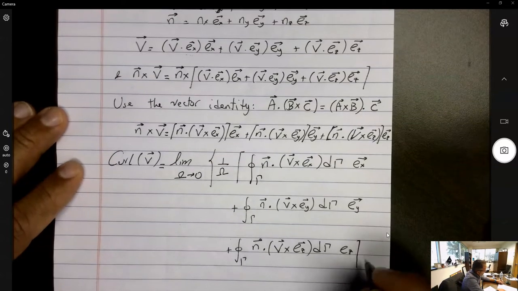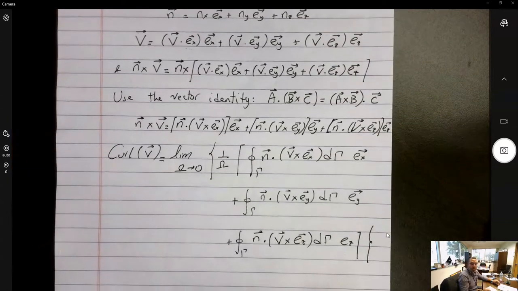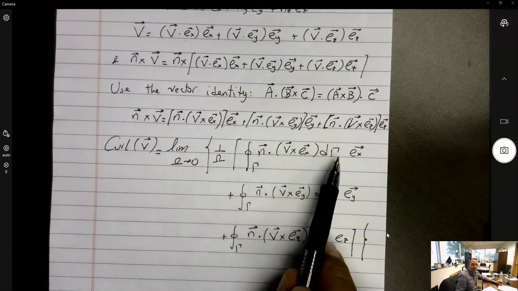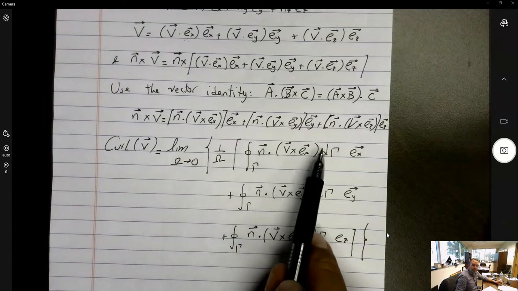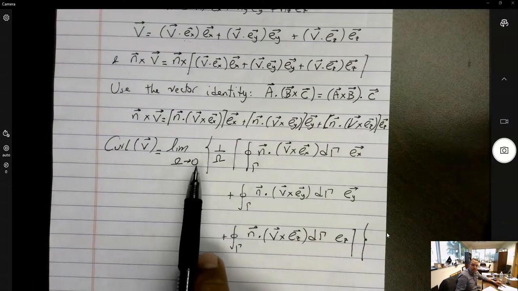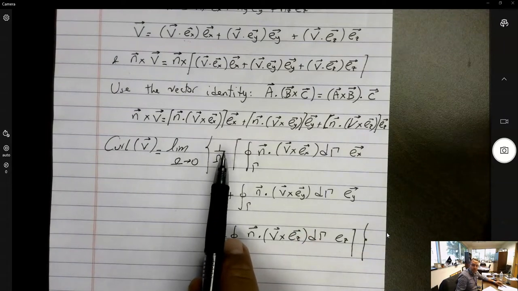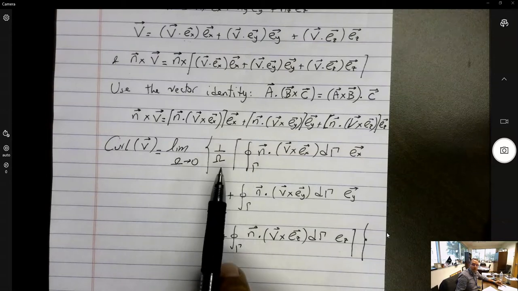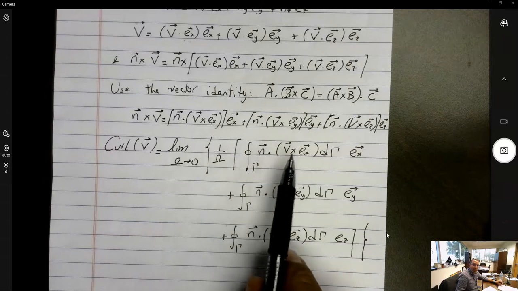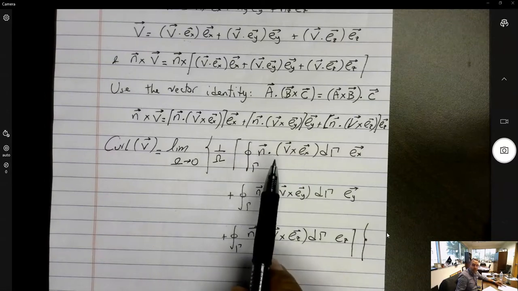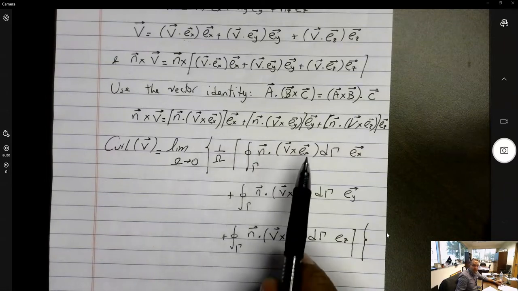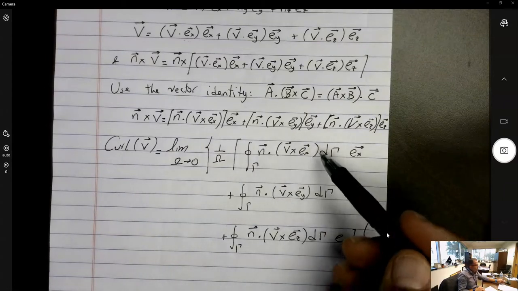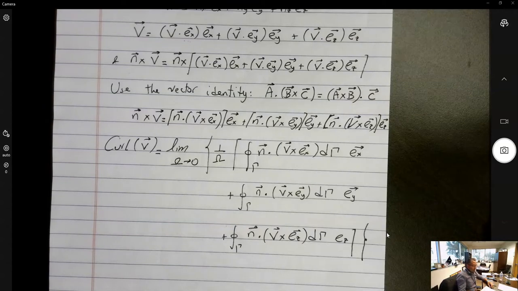Now the reason I'm doing this is because I know exactly what this is. This integral right here corresponds to the divergence of this vector right here. The limit when omega goes to 0 of 1 over omega of the integral over the boundary surrounding omega of n dot vector, or vector dot n, which is the same thing, is the divergence of this vector in parentheses. So basically we have the sum of 3 divergences here. So